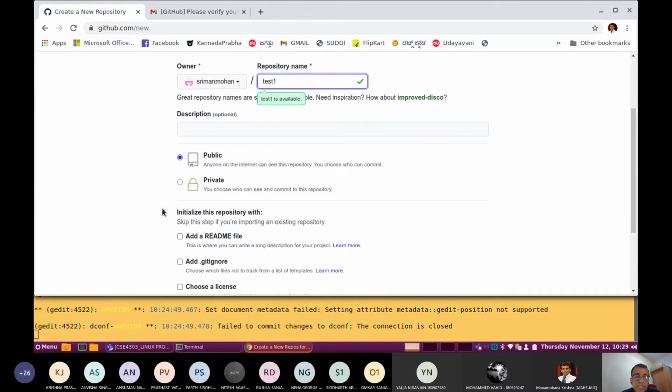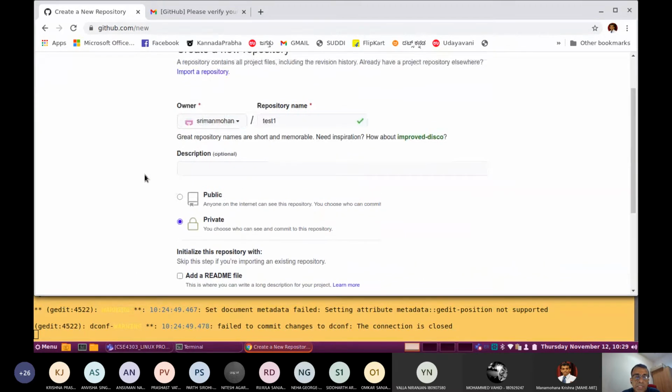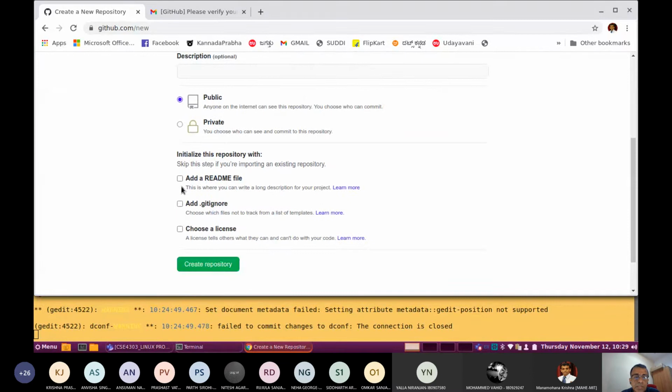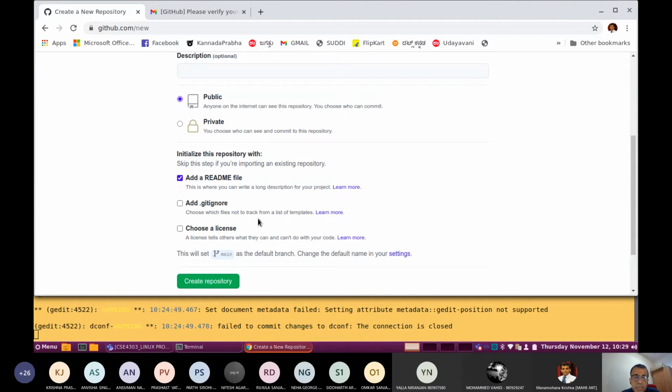Then there are options here: one is public and another is private. If you select private, sometimes it may ask you to pay. Let me create one. Okay, public, then you can start with a readme file, or you can choose a license also.